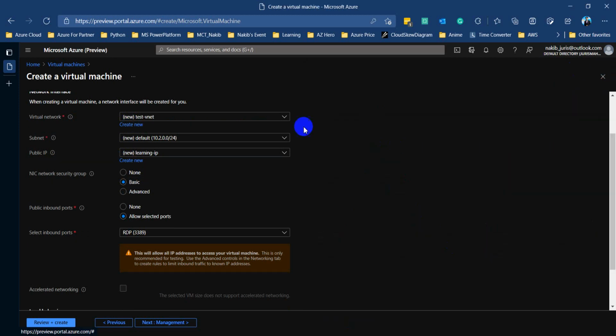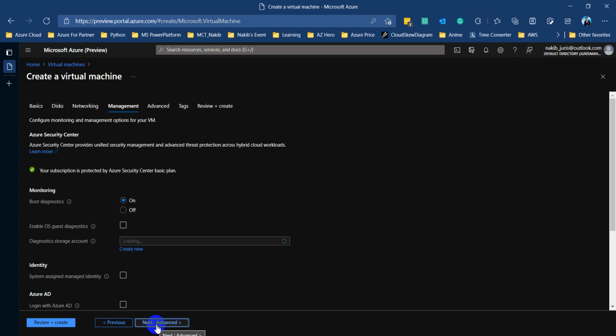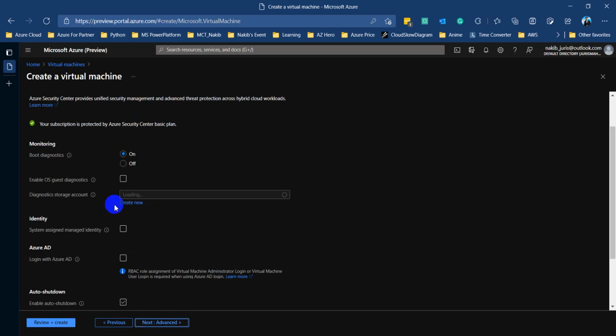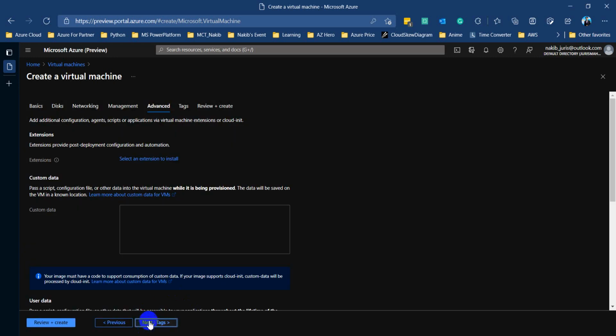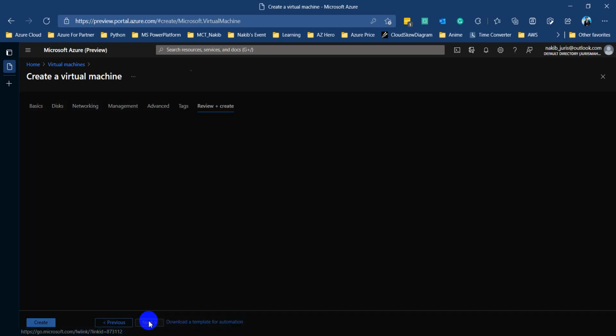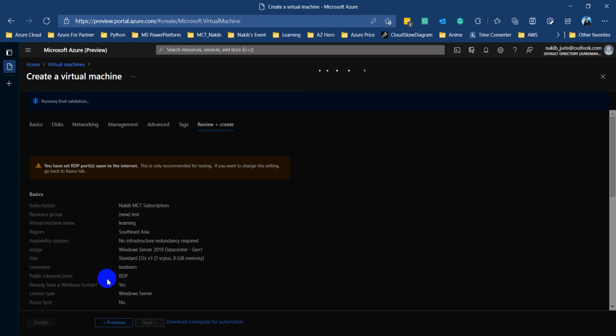Though I don't have any specific information, I don't need that. I am using the default option. I am going to click the management. So here is the management option, and I don't need to change anything. I am clicking next. I also don't need tags, so I am just clicking the review and create button.